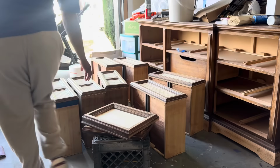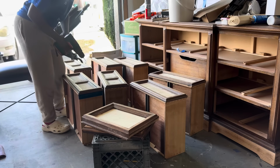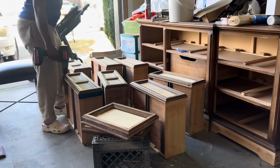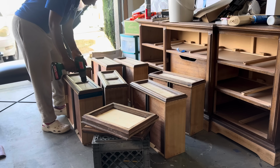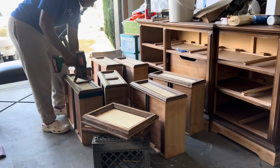All right, so the next step is to drill my hardware holes, and I think it's so ironic because I've been telling you all how much I dislike measuring things and it's my kryptonite, yada yada. But when it comes to measuring hardware holes, it's actually my preference to measure everything by hand. I know they make devices that simplify this process, but I'm just going to use a good old-fashioned measuring tape